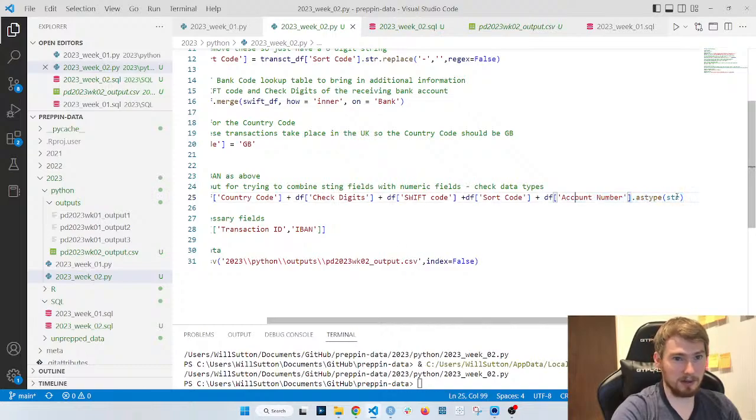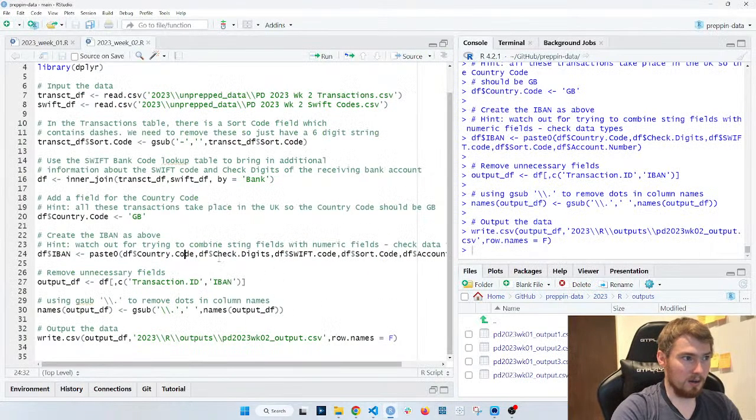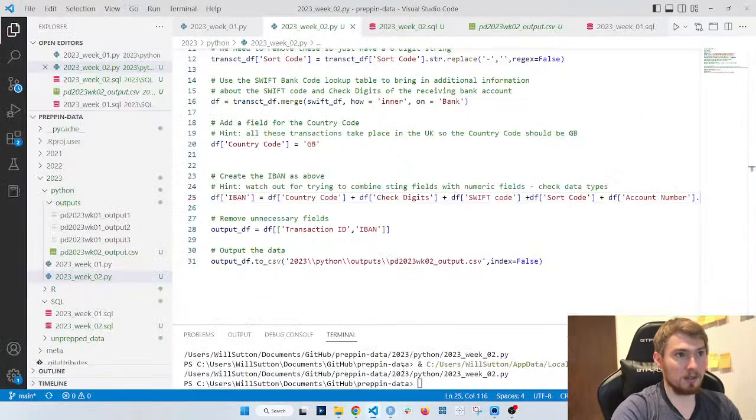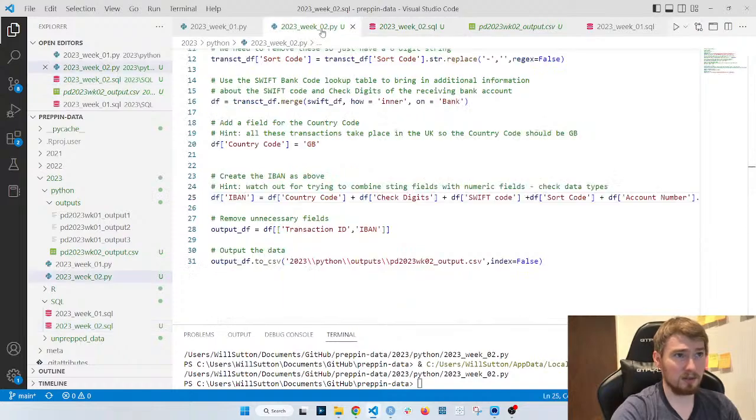You can't add a number, you have to convert that to a string using astype. Then with R we were using paste0, which is similar to concatenate, and then comma separate them out of different fields. And lastly, with SQL, it was the concatenate again, just with the field concat. And we could also use the double dashes, but in this case, not too bad.